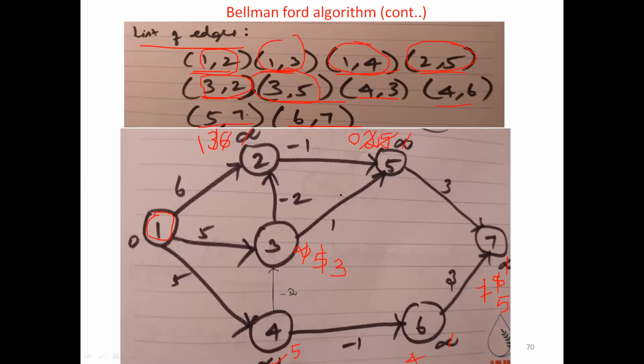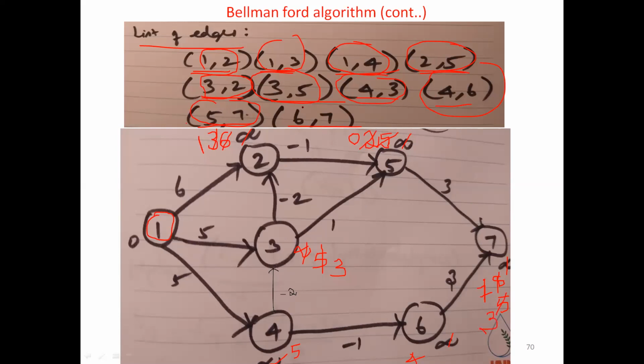See, what we are doing is relaxing the vertices. Whatever operation we are doing right now, comparing, is nothing but relaxing the vertex. So 3 comma 5 is over. Next 4 comma 3: 5 minus 2, as it is, no change. Next 4 comma 6: 5 minus 1 is 4, same as it is, no change. 5 comma 7, no change, I think. It may change, yes. 5 comma 7 is 0, and now it is 3, so 0 plus 3 is 3.